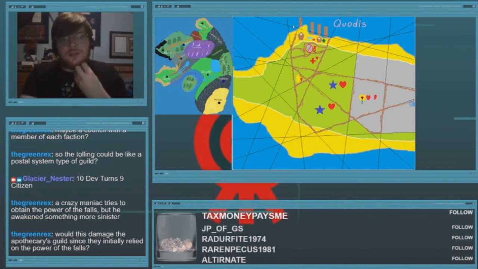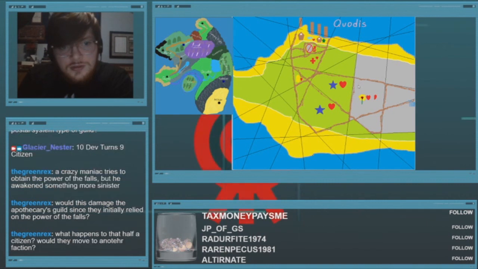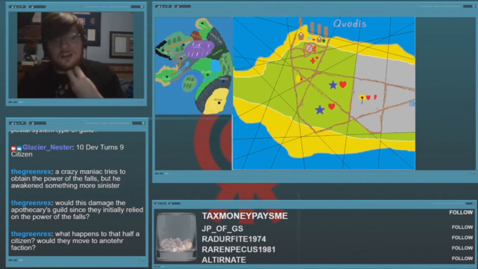Rather than me trying to draw something that represents this, we're just gonna pick a color. You guys can't see me picking a color, but we're gonna pick a color. What happens to that half a citizen? Would they move to another faction? I think maybe the guard would potentially gain that half a citizen, just for the sheer fact of now they